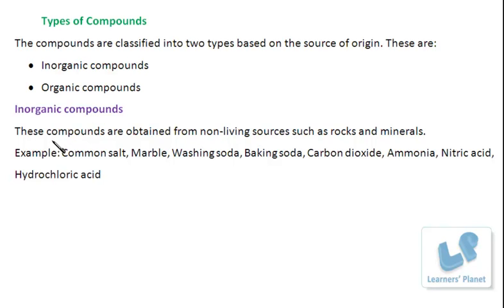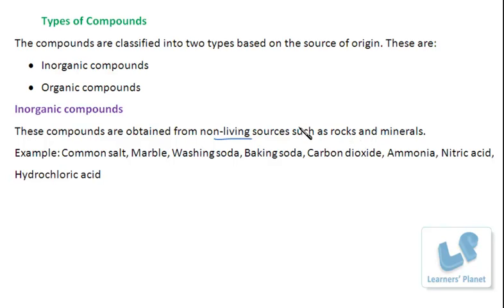Inorganic compounds. What are these? These compounds are obtained from non-living sources. Remember this. Non-living sources such as rocks and minerals. So the compounds which are obtained from these non-living sources like rocks and minerals are called inorganic compounds. Even the compounds obtained from wood are organic because they are obtained from living sources. Wood was at one time living. So a log of wood was at one time living. So the compounds which are obtained from non-living sources are known as